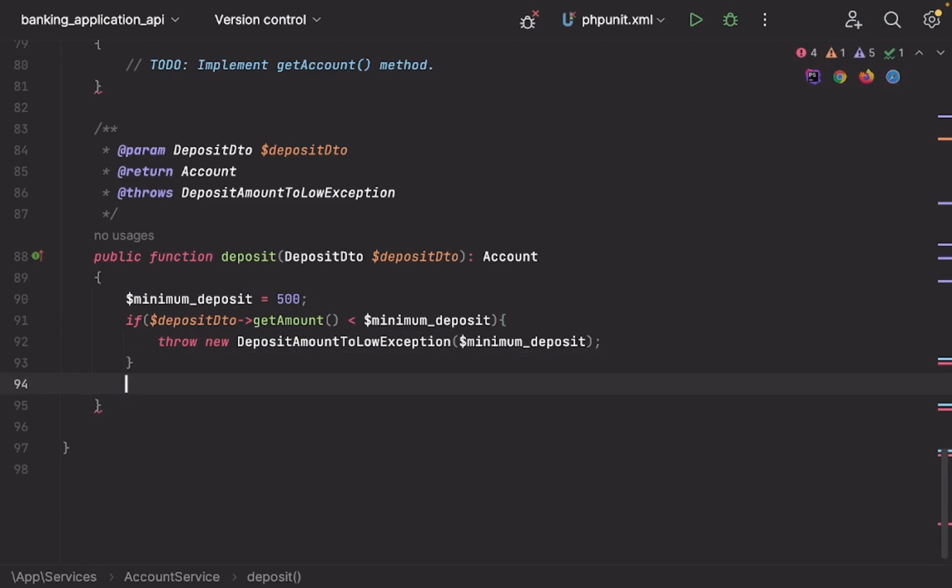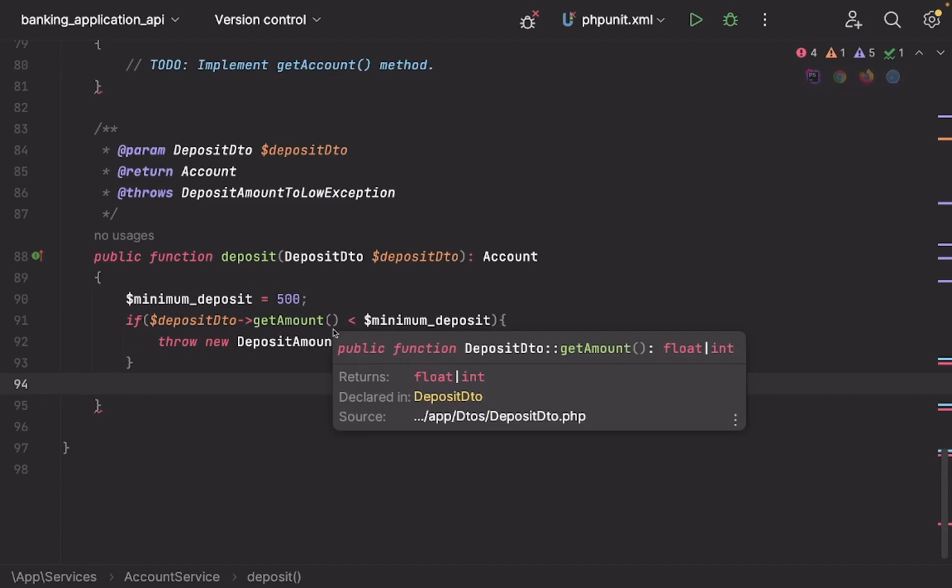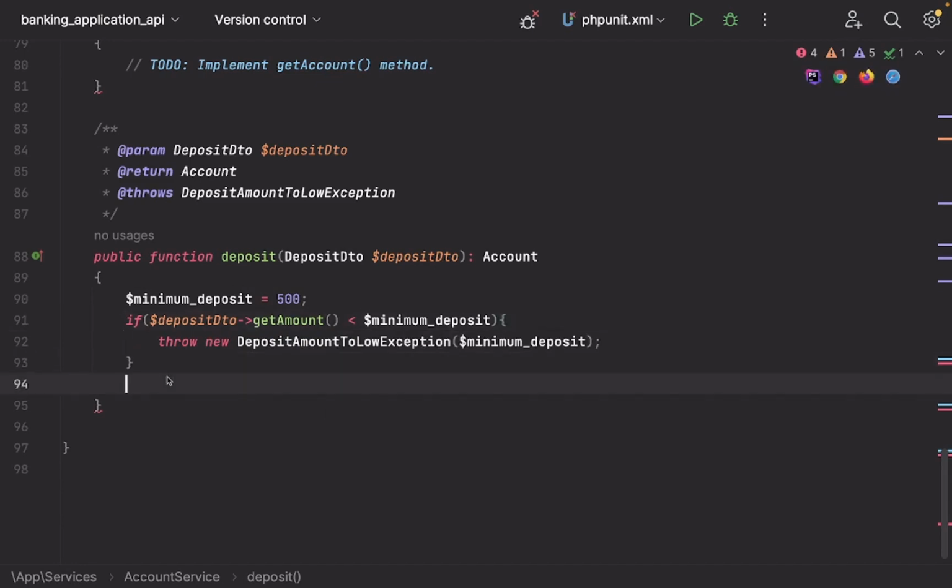So the next thing we want to do now is make sure that, in order for a user to deposit money into an account, there are a couple of things we must put into perspective. The first thing is we need to lock that particular account for updates. This is to prevent multiple deposits. So let's say, for example, the user, maybe for some reason, the deposit button, or for some reason, we try to do